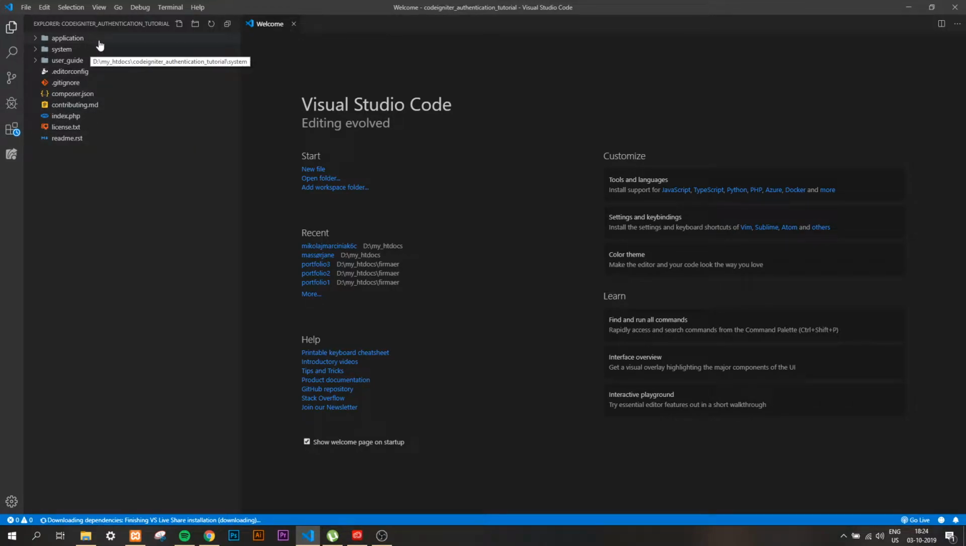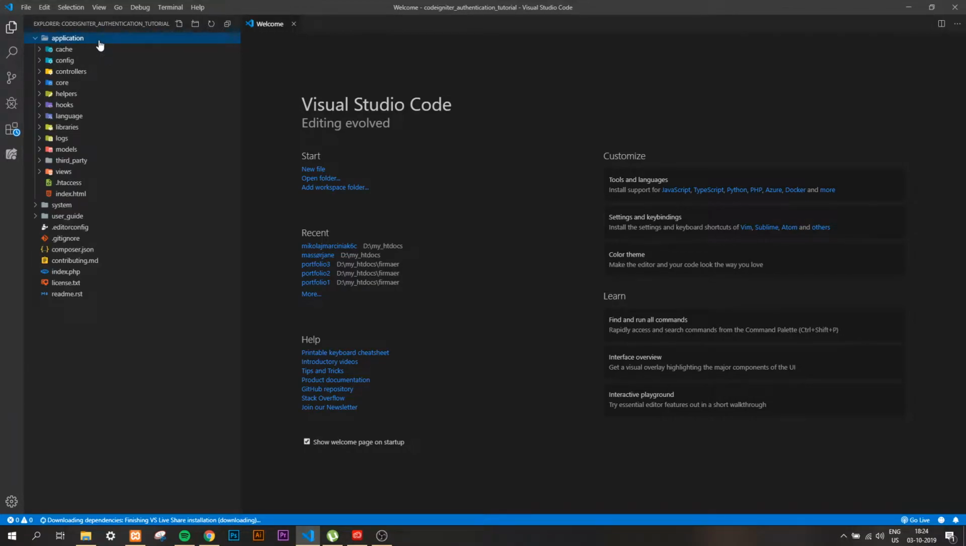So here we have the application, and this is what they call the paradigm for creating an application like this. They call it an MVC. It stands for Model View Controller, and as we can see, we have a models directory, a views directory, and a controllers directory. The controller is like a middleman between views and models, in that it handles input